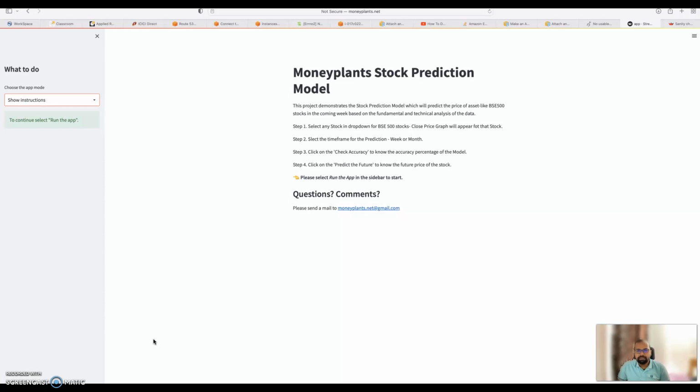Streamlit is a tool that gives you a platform to create a web app from whatever Python code you have. In that Python code, based on whatever stock you want and the time frame, you select the stock, and based on the trained model it tries to predict the value. So the entire thing is built